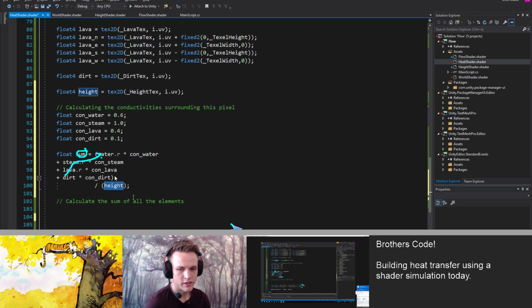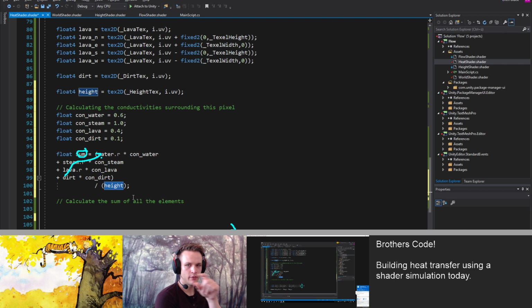So it doesn't matter in the case of 0 what the height is, because it doesn't do anything. In the case of transfer in a direction, as long as one of them is non-zero, that will give us the average conductivity of that element.